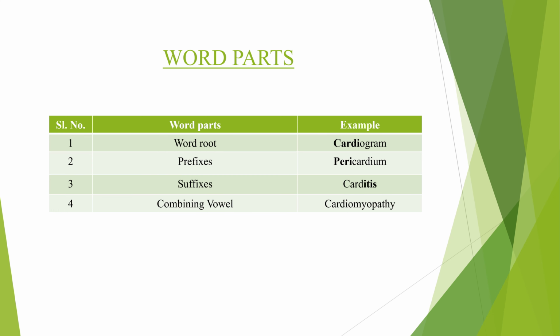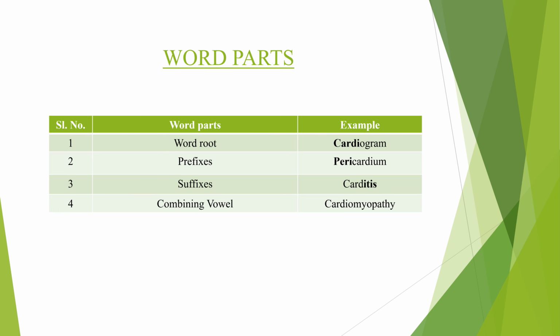There are thousands of medical terms and it is nearly impossible to memorize all of them. A better approach is to learn the various word parts and know how to analyze them. As you can see, there are four word parts: word root, combining vowel, prefixes and suffixes. The word root is the fundamental meaning of the term. Combining vowels are placed between word parts to make medical terms easier to pronounce, and prefixes and suffixes modify the